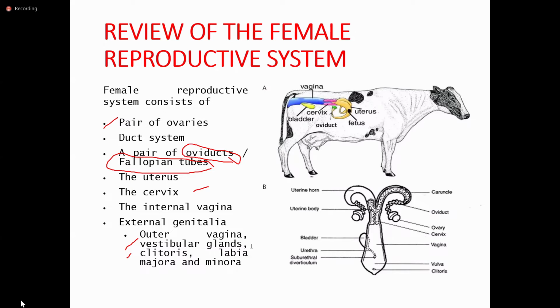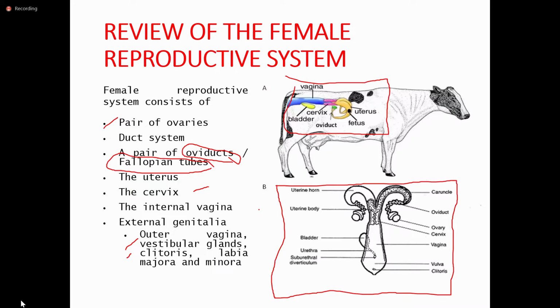Bartholin's gland, sila yung nakakatulong para malubricate yung vagina, lalong-lalo na during copulation or mating. Okay, so that's one. And the picture on the right, again, shows you the orientation of the female reproductive tract of a cattle, as well as the schematic diagram of a ruminant,